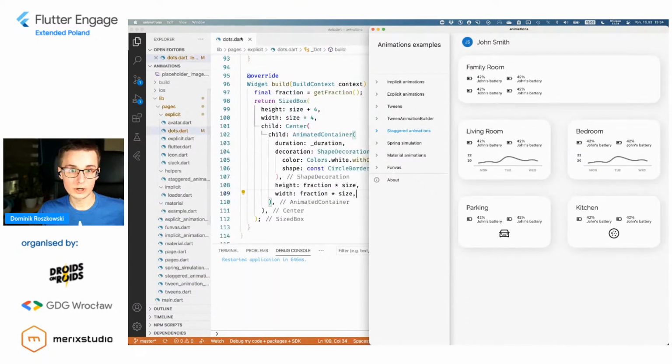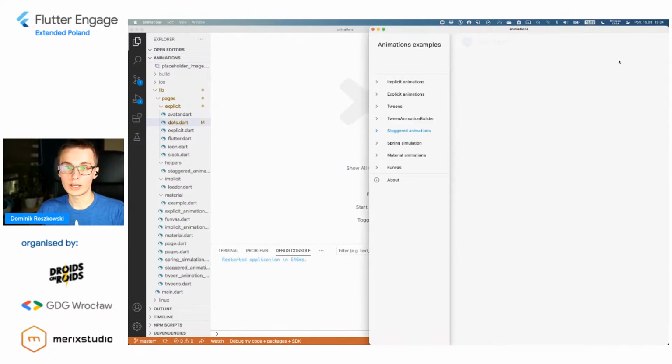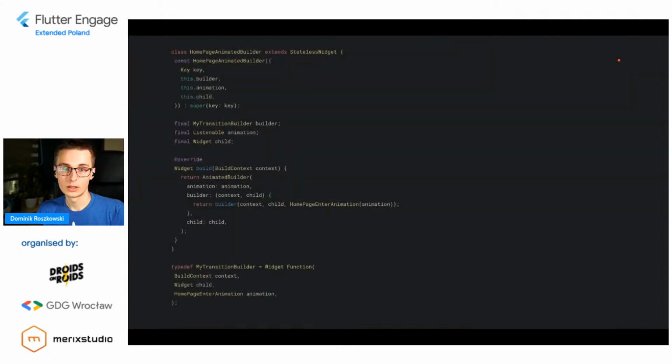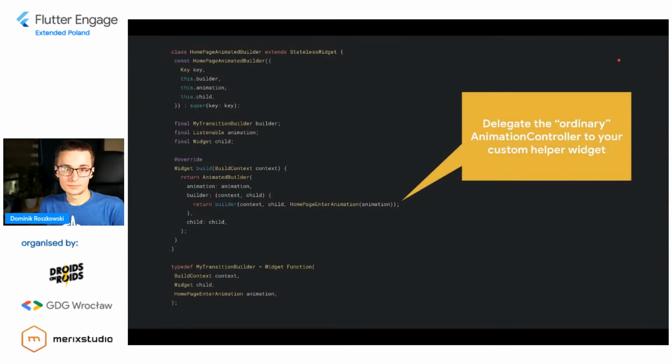So let me actually show you some very handy things about this animation. The trick that I often use in such cases where I have a staggered animation is to actually create my own animated builder. Why my own animated builder?